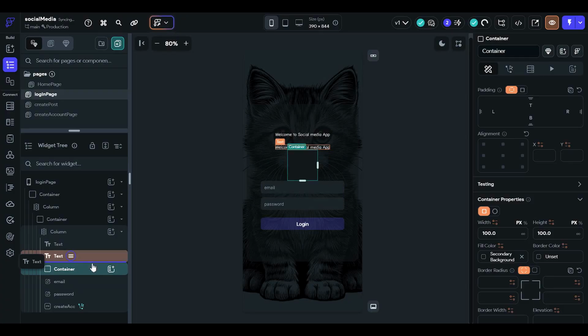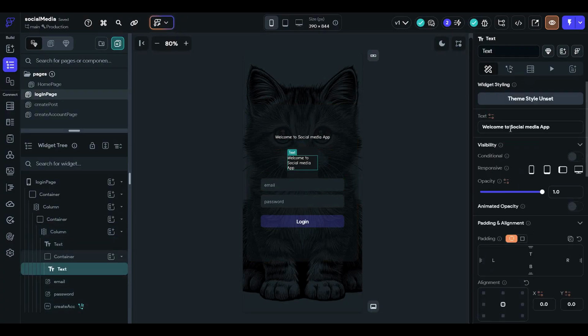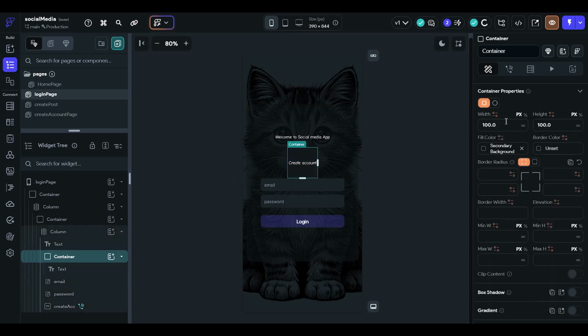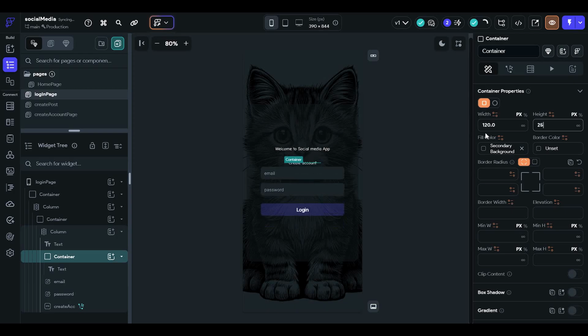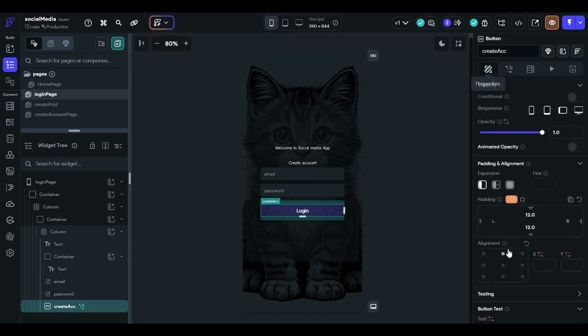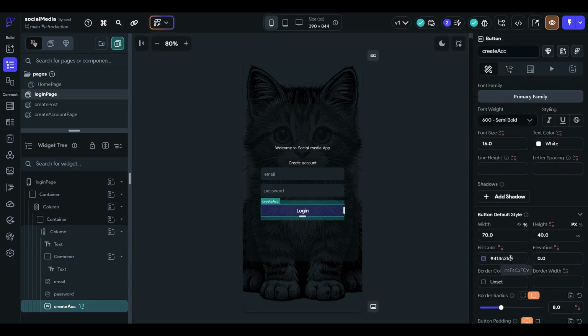Now if the user has not logged in and wants to go to the create account page, in that case we have to build a new button so the user can click on it and move to the create account page. So for create account page navigation, we are creating a container, and in this container we will add a text and will modify the container so it looks better with our social media